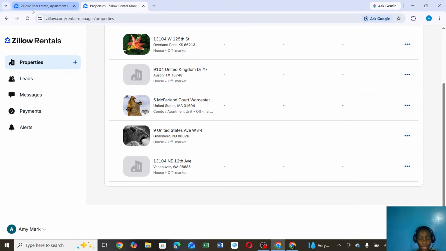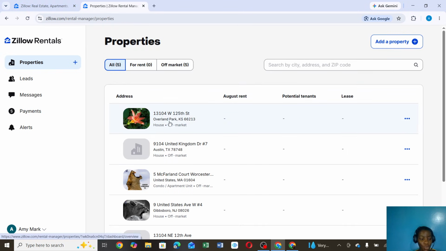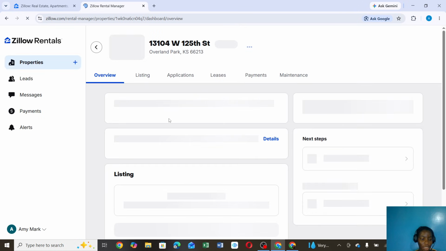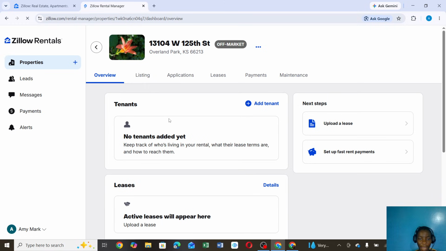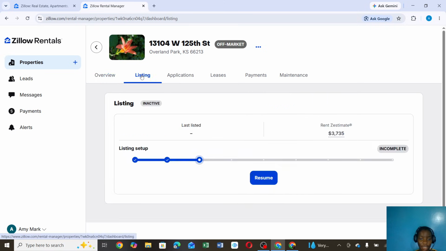So this is the properties page. Now go ahead and find the property whose pictures you want to remove and click on it. Once you click on it, it's going to take you to the property management page. On the property page, if it has already been listed, just head over to listing,